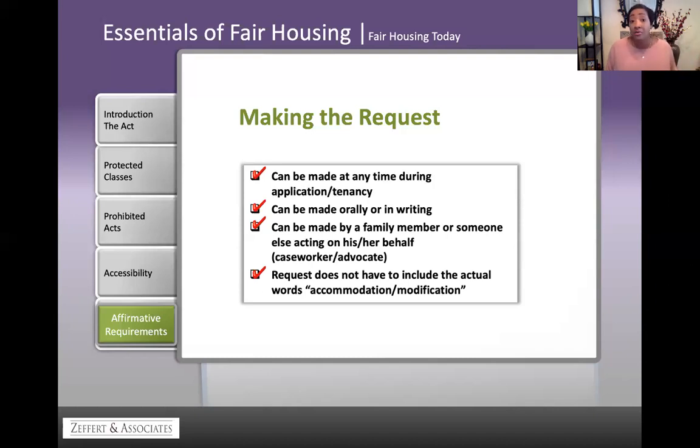But what if they refuse? Can you make them? Can you deny their request because they refuse? Absolutely not. What is your procedure then if they don't complete the form? Is it something that you complete based on the information they've given you? Document why you completed it, file it away. It's just due diligence. It's covering your butt. So again, it's okay if you have a form, but note that the person making the reasonable accommodation or modification request does not have to complete that form.